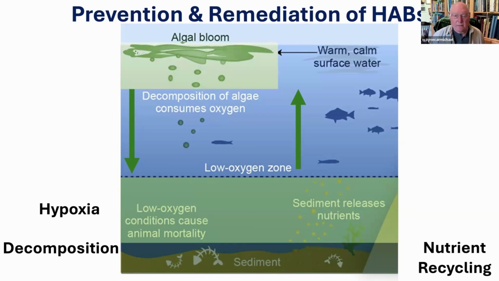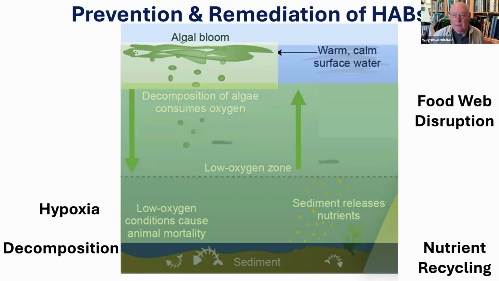Next, we want to affect nutrient removal instead of nutrient recycling. And then we want to address food web distribution. So really 4 things: directly affect and remediate, prevent hypoxia, then how to improve decomposition and control that decomposition so we get nutrient recycling, and then that allows a restoration of food web